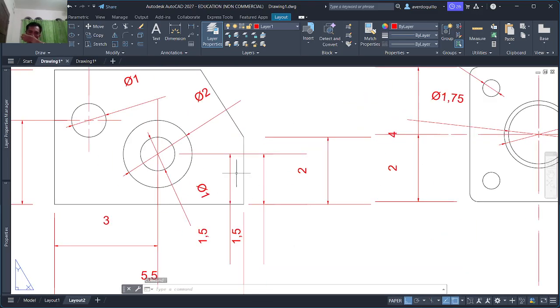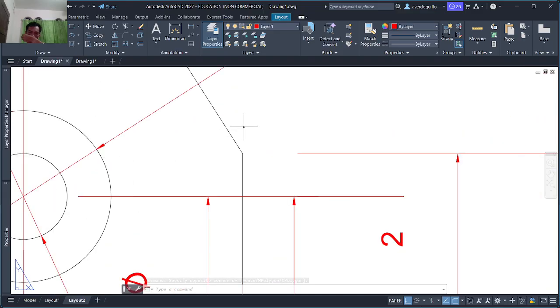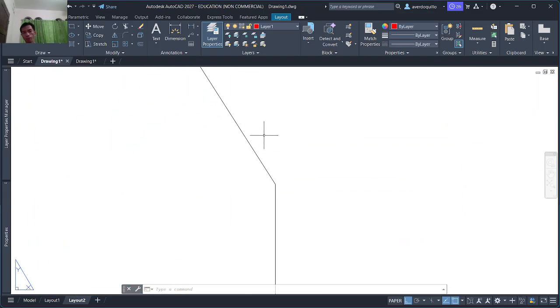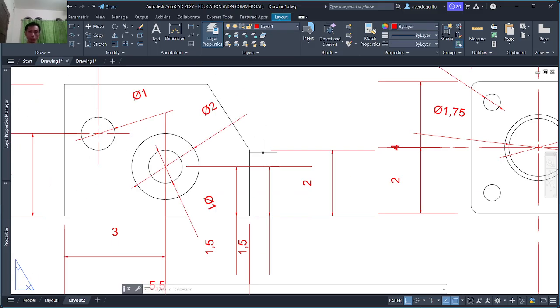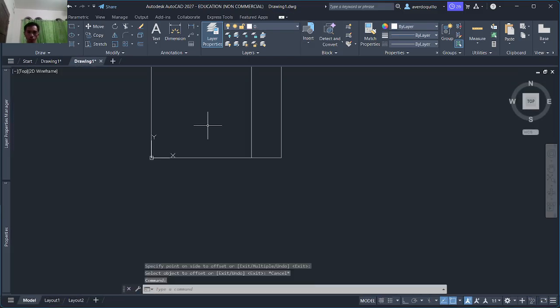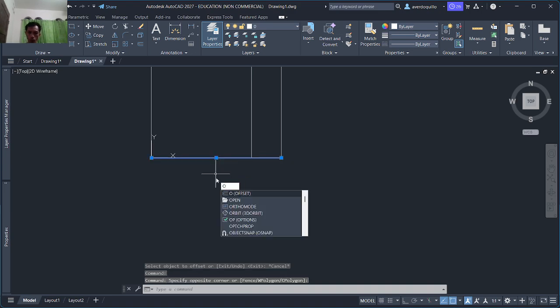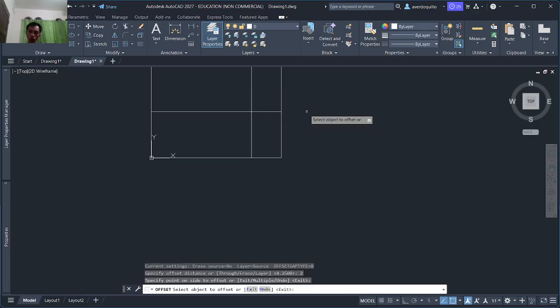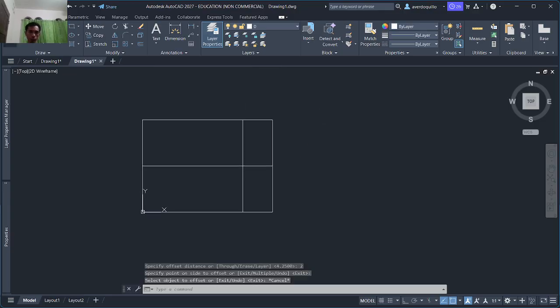So this is the measurement from this line here. The segment was from this joint here. So the measurement is 2. So let's offset this one, offset of 2. Okay, now we have the line here.